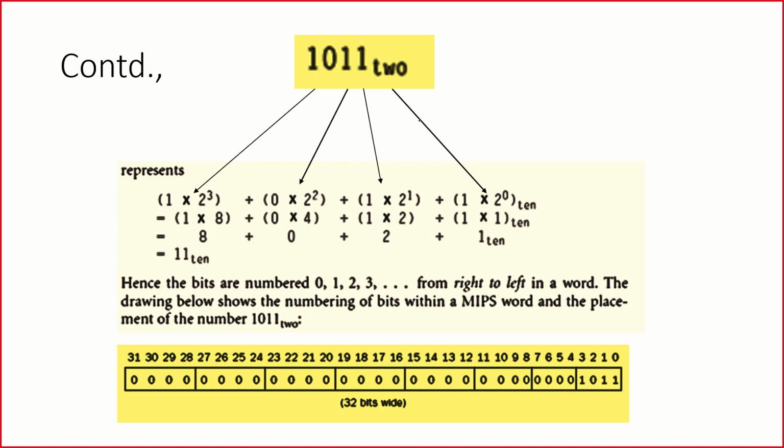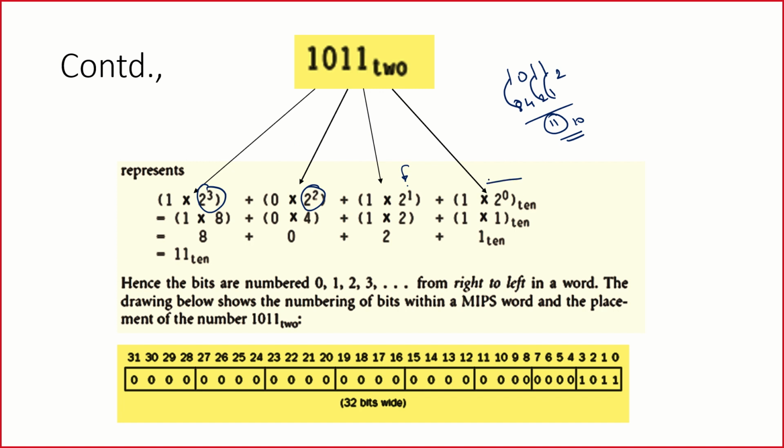Do you remember this? This is the fundamental math that we have learned in schools. If you see 1011 base 2, how are we going to find out what is the value here? To me, I will simply calculate it as 8421, and 8 into 1, 2 into 1, 1 into 1. 11, I would say easily, and it is base 10. But technically speaking, how do we get the procedure? We need to write it this way, where we need to take 1 into 2 to the power of 3, 0 into 2 to the power of 2, 1 into 2 to the power of 1, and 1 into 2 to the power of 0.